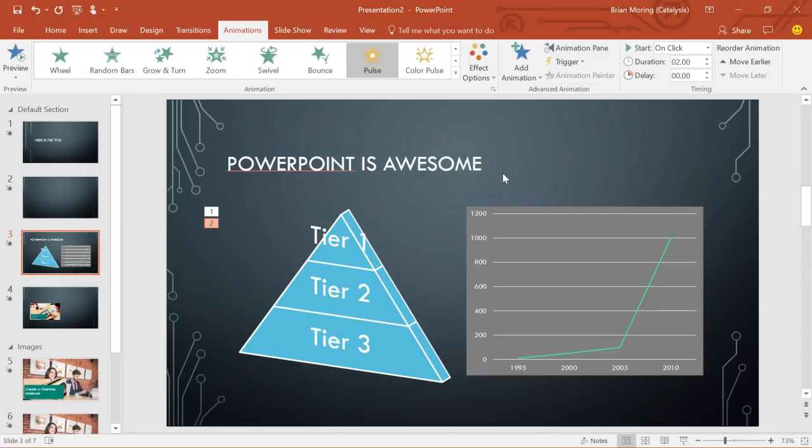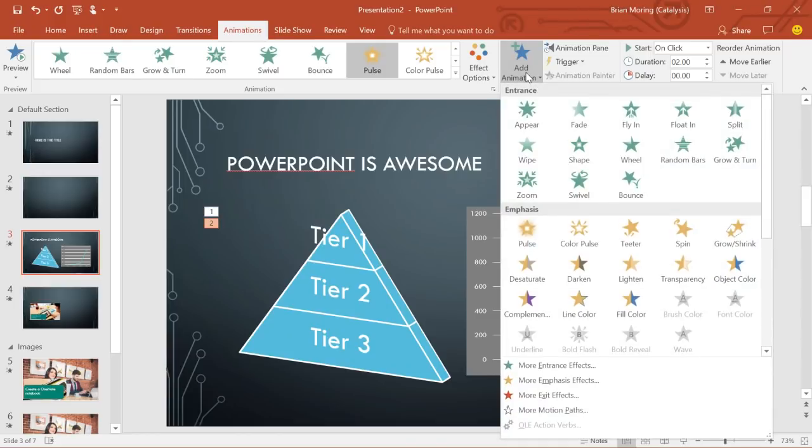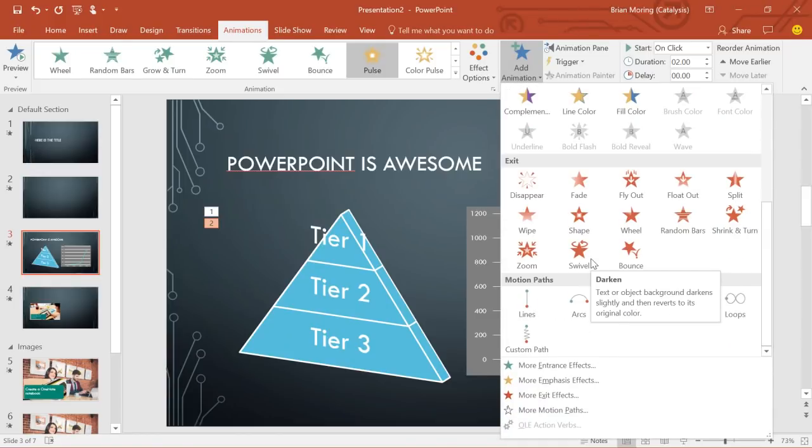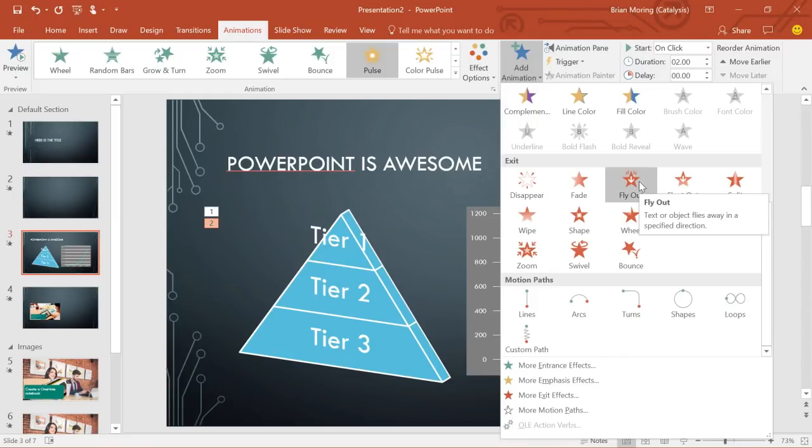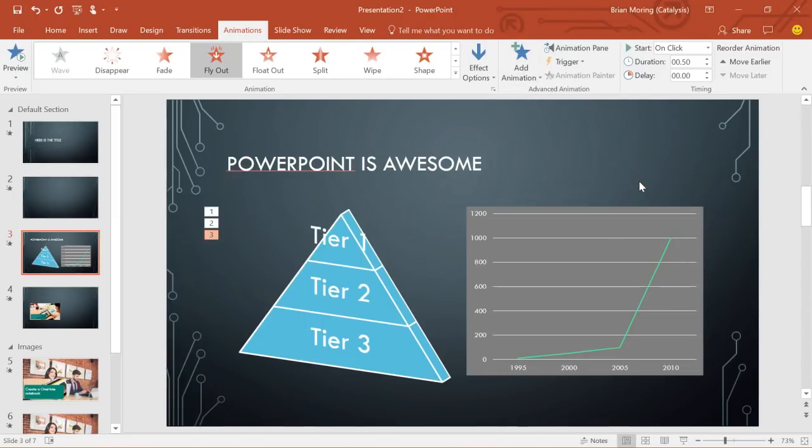Now the last animation we want to add is an exit. So let's go ahead and click on add another animation, and in this case let's have it fly out. How about that? So we're going to click on fly out and it'll disappear. So now if we wanted to see all those animations in a row, we could again click on preview, but